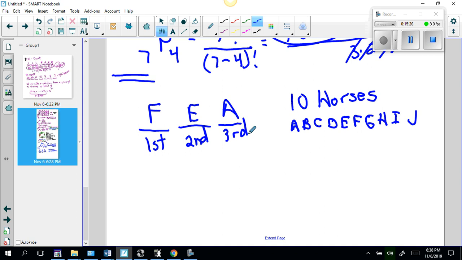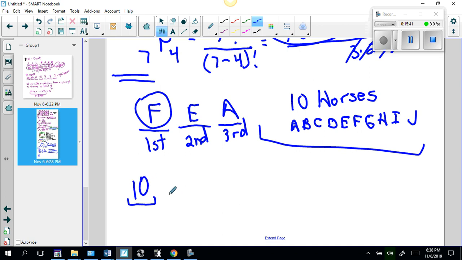Maybe, do I have one chance? Well, first of all, out of how many? First of all, how many different choices do I have for that horse to finish first? Well, you have 10. How many different choices do I have for the second spot? Well, since a horse finished first, 9. How many chances do I have for a horse to finish third? 8. So 10 times 9 times 8 is 720 different ways